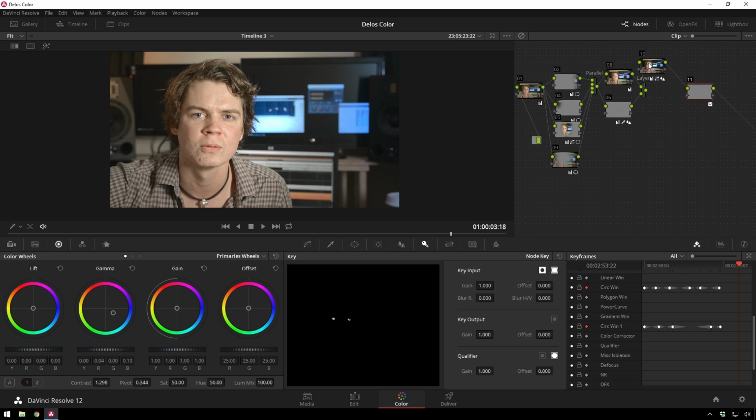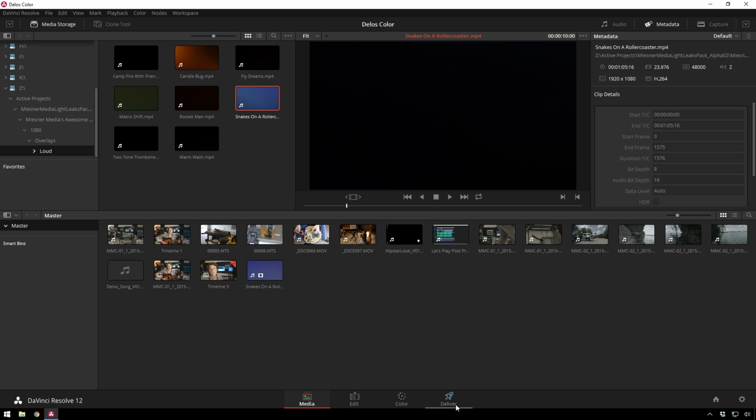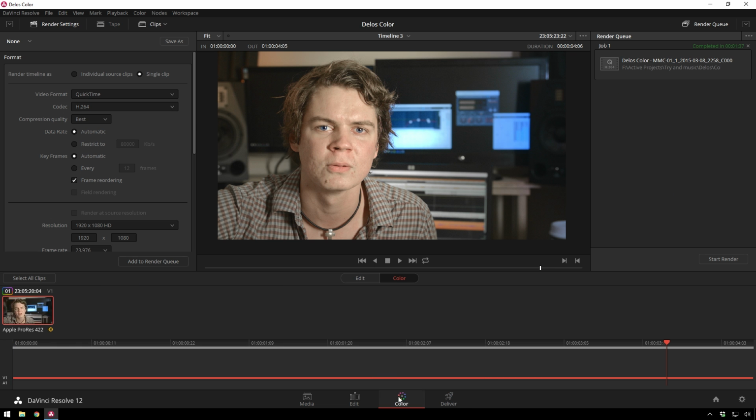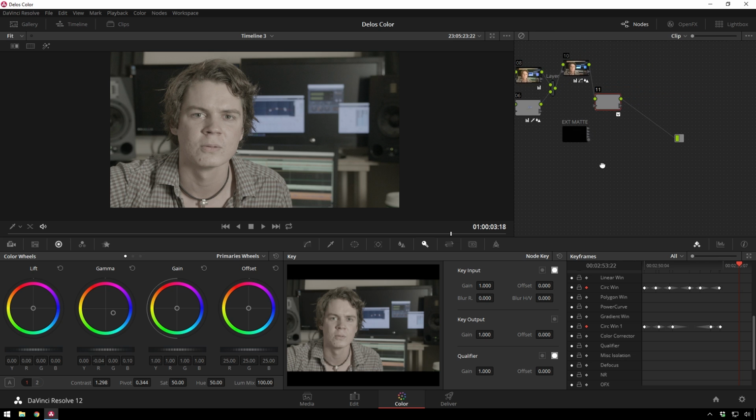This is like some indie hardcore stuff right here. What I'm going to do is go over to the media page, import a light leak as a matte, from Meissner Media Bright Lights Light Leak Pack, then right click on a node, go to add matte, track matte, delete this guy, let's give us a little more room there, and then add a